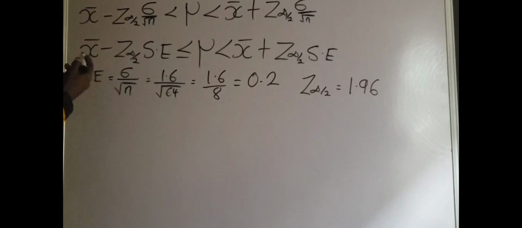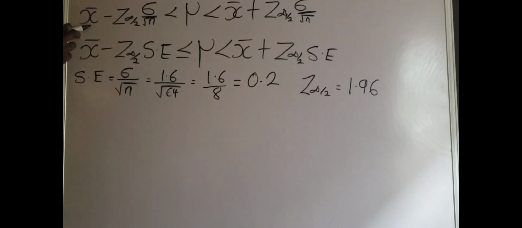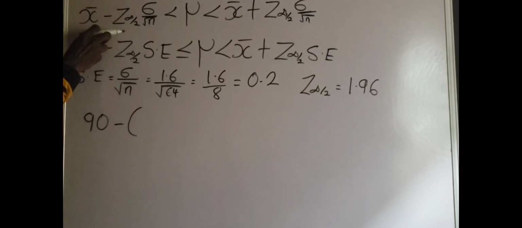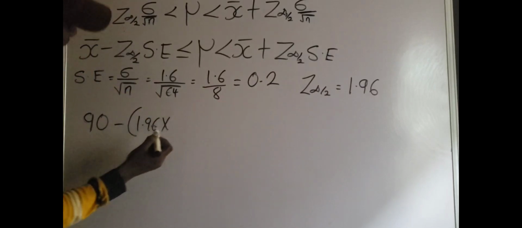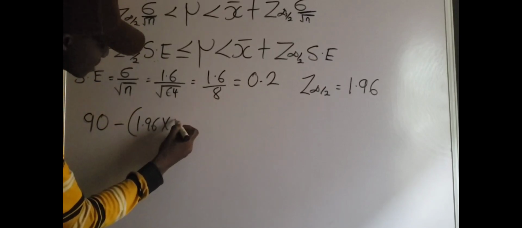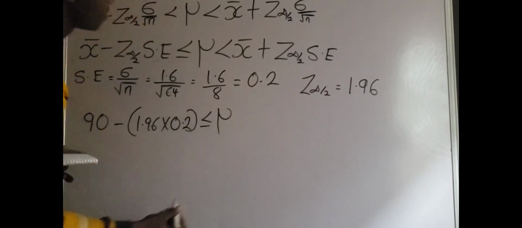We have gotten all the parameters that we need in this formula, so we can proceed to plug in all our values. Don't forget that the mean is 90. So I'm going to have 90 minus the critical value, which is 1.96, multiplied by the standard error. The standard error is 0.2. So I'm going to have 1.96 multiplied by 0.2 less than or equal to